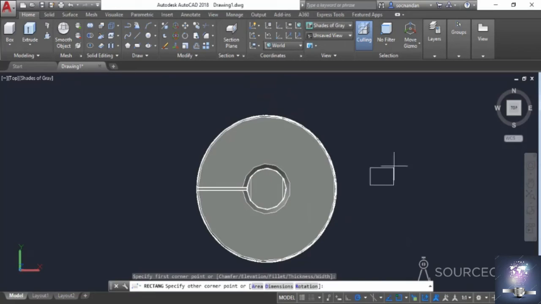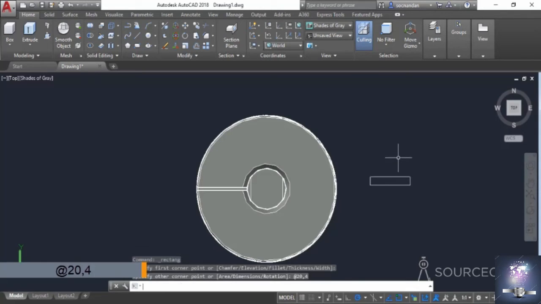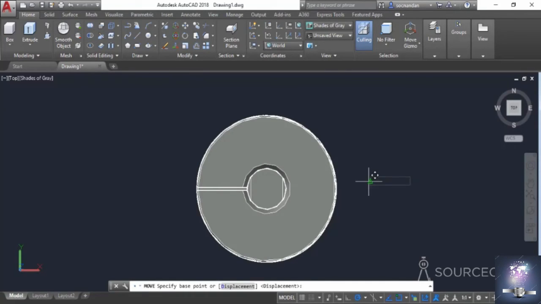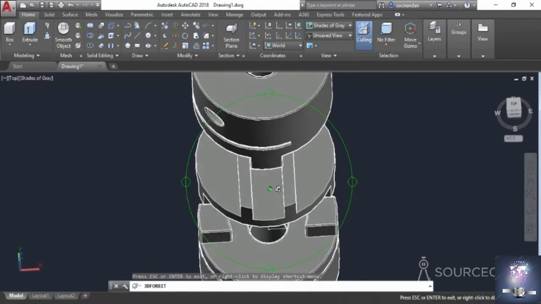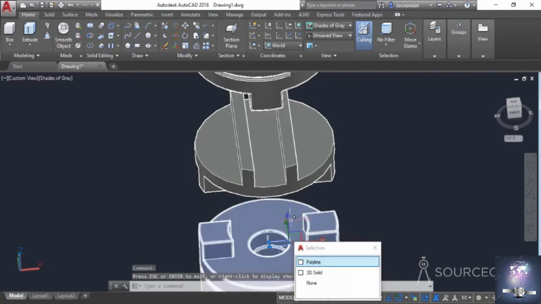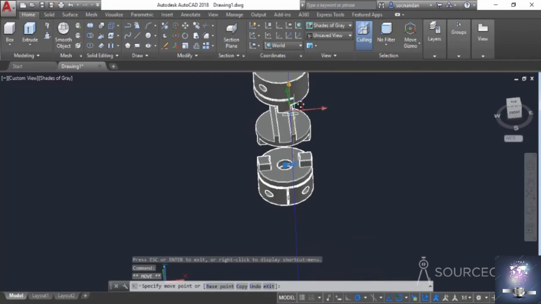So I'll make a rectangle here for that. Let's add a length of 20 units and a width of 4 units and press enter. So here we have it. Now let's select it, select the move tool, click on this midpoint and move it onto any of these center points. Obviously the rectangle will be lost somewhere, and here it is. So I'll select it and move it upwards